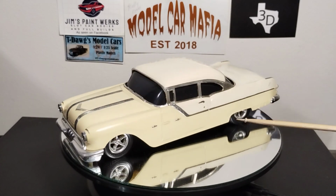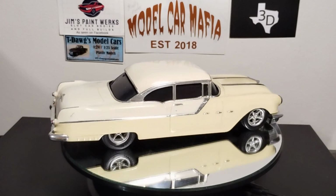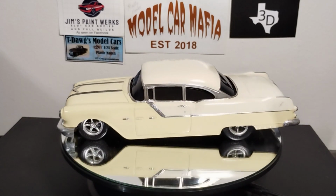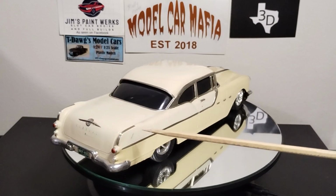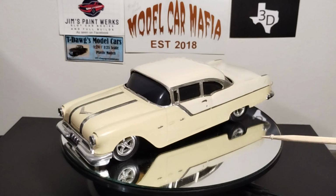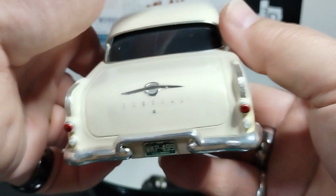Duplicolor two-tone. I sprayed the inside of the glass because the glass is kind of a green color. Sprayed it black. I think some of these have since been released with interiors, or there's raised interiors out there. I've got another 55 Pontiac that I may do something with if I ever decide to. This one was built, and if you notice the emblem here, that V8 emblem, the Pontiac across the nose, there again the V8 emblem, and the Pontiac across the trunk is the